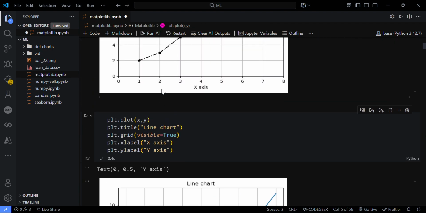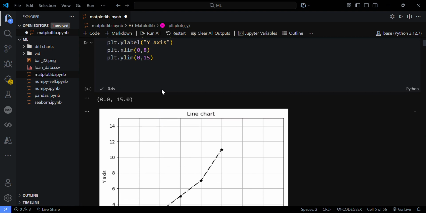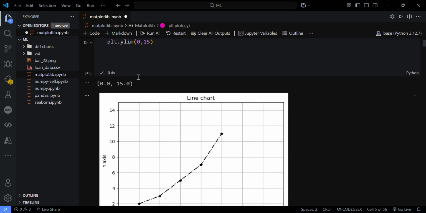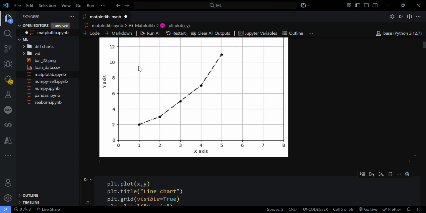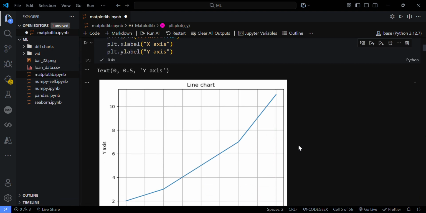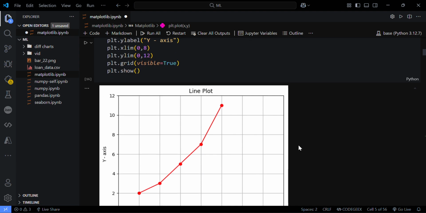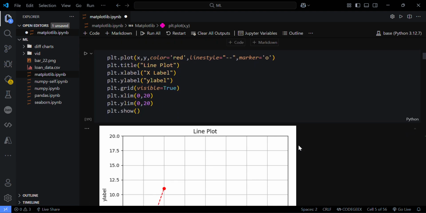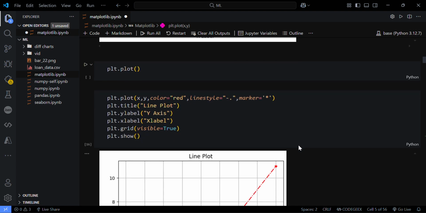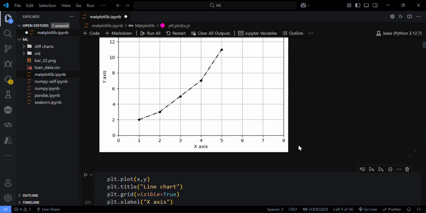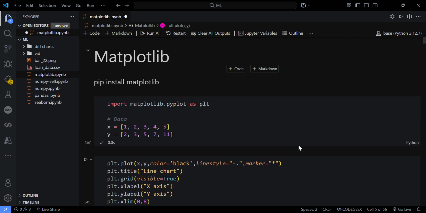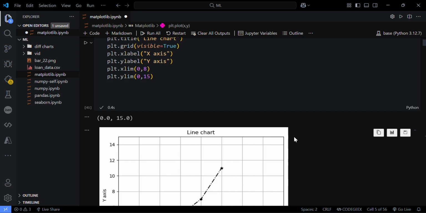Let us run this code. It will show the y-axis as 0 to 15 and the x-axis as 0 to 8 in the graph. And we have another specification. If we have some sort of errors all the time, it can be rectified by